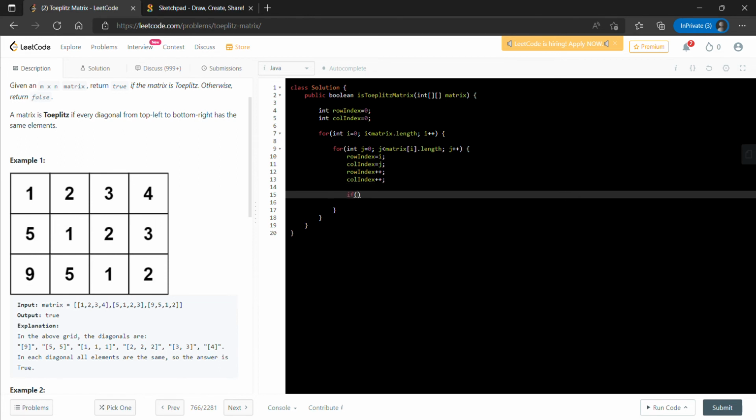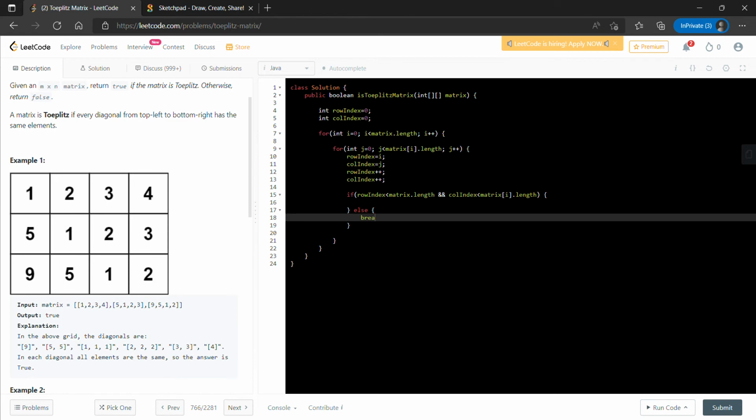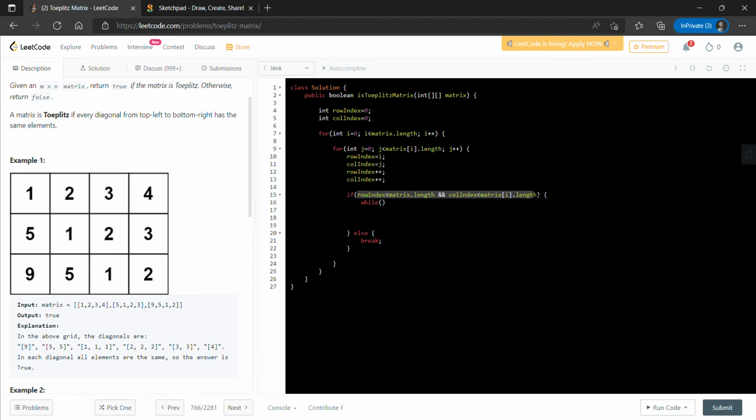Before that we are checking whether either of them is crossing the limit, whether row index is less than matrix dot length and column index is less than matrix of I dot length. We have checked, and if it crosses, then we're breaking. If it is not crossing, meaning we are in the range, we have to try a while loop here. In the while loop we again will check this section,